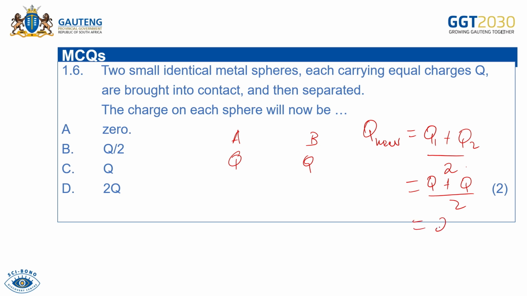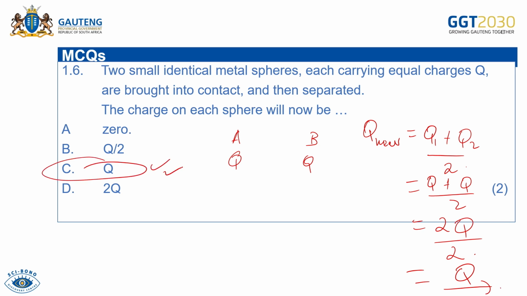This is the same as 2Q over 2, which is the same as Q, because 2 over 2 is 1, and 1 times Q is Q. So the correct answer here will be C. So immediately when they say charges were brought into contact and separated, during contact, electrons are transferred